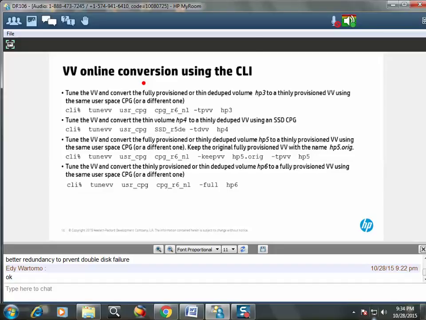So when you ask me, what's the impact on the host? Like I said a little bit earlier, we don't really publish any numbers per se, so I can't really give you a specific number. You can't say to expect X% of an IOPS hit or latency going up a little bit, because it depends on the tune and what else is going on on the array. Are you doing one volume? Are you doing 100 volumes? What is the tune? Are you converting it to